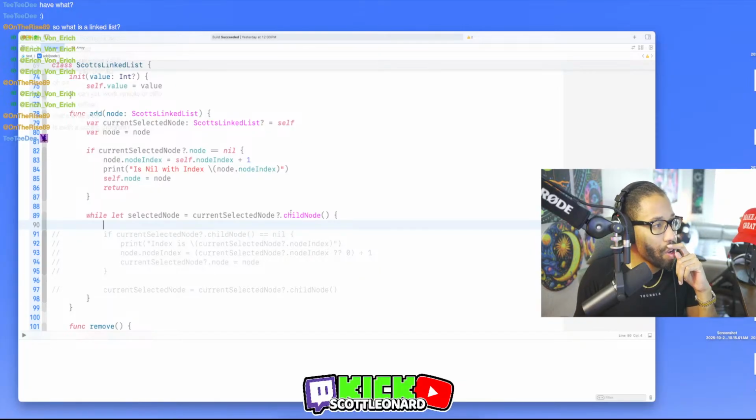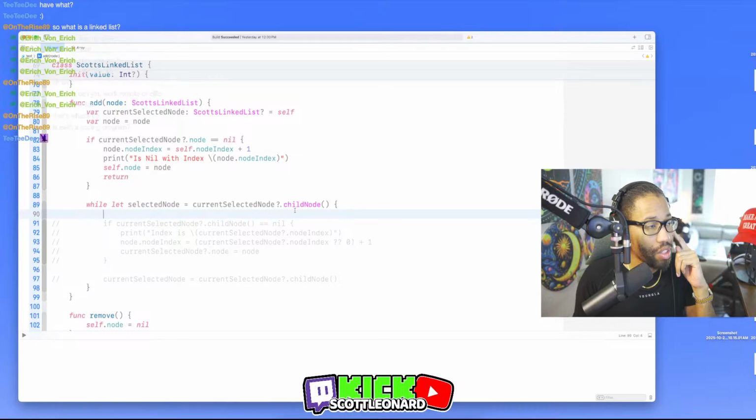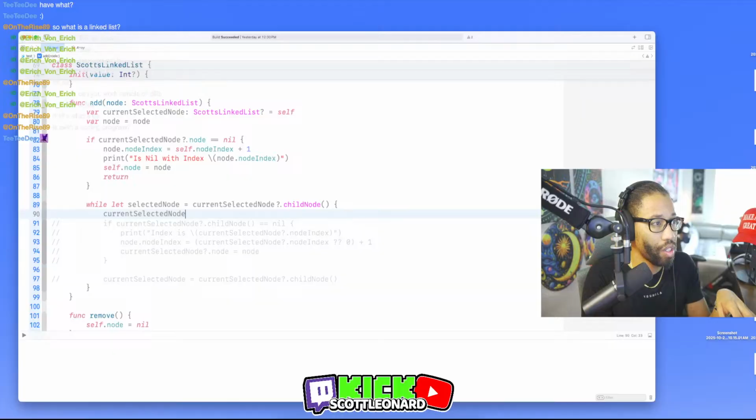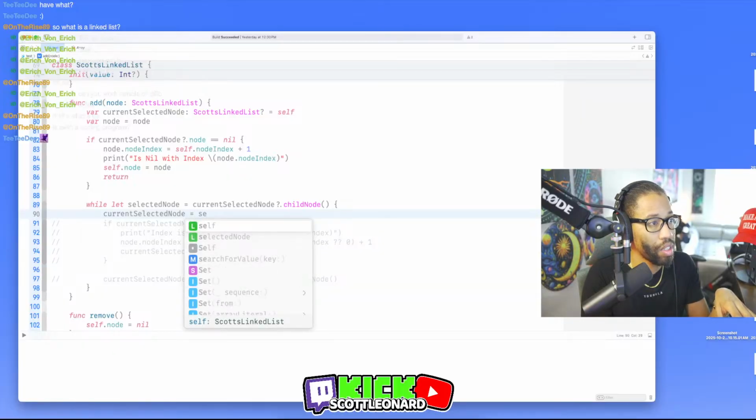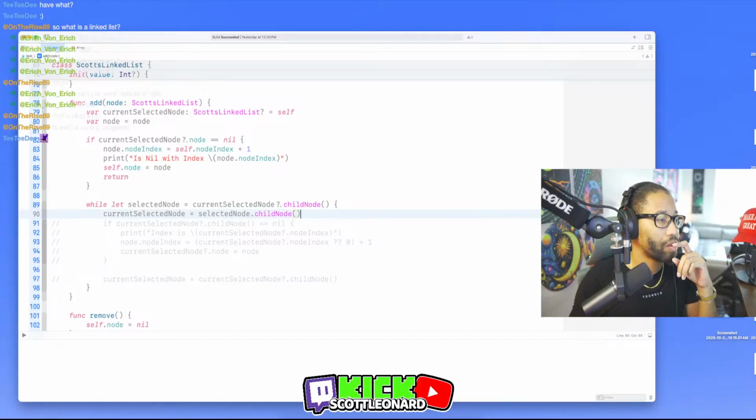So then once we go through all of these, while the current selected node's child node exists, right? Here we're going to do something like current selected node equals selected node dot next dot child node. Now it should loop through all of them until it finds one that's optional.